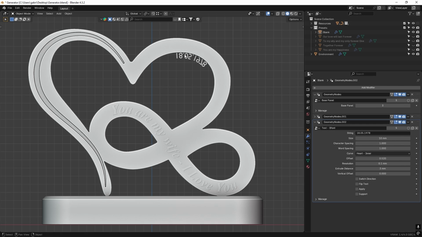But in this situation, the text is upside down, so I click on Flip Text. 18th of May 1978. Okay. Then the text is too low along the curve, so I'll increase the vertical offset until it reaches the position I like. Then, due to the vertical offset, the characters are too far from each other, so I'll reduce the character spacing